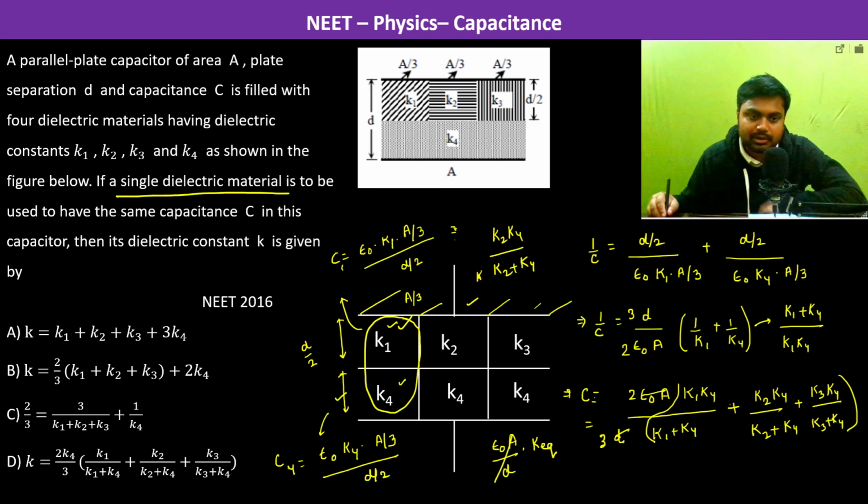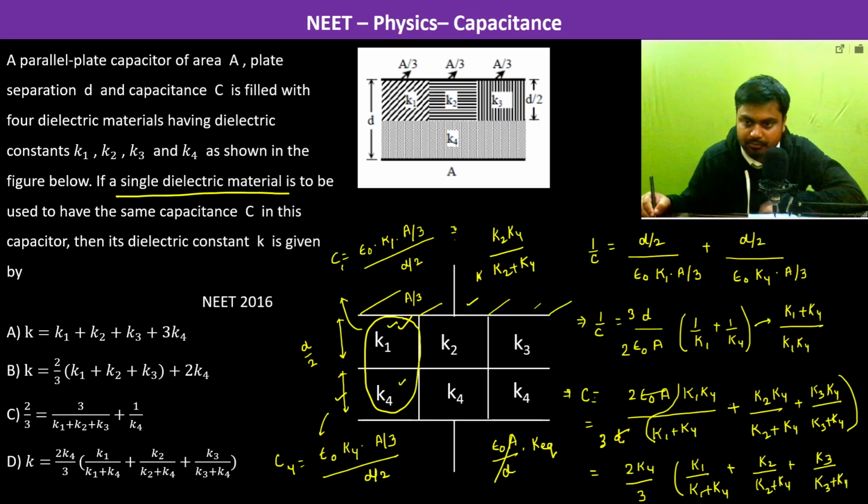So K equivalent equals 2 K4 by 3, taking K4 as common, into K1 by K1 plus K4, plus K2 by K2 plus K4, plus K3 by K3 plus K4. So the answer is going to be